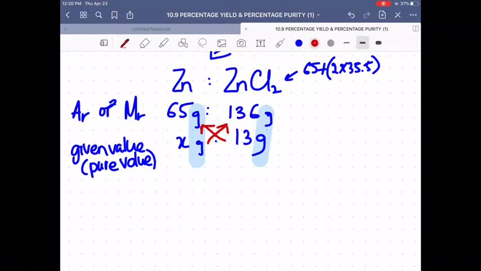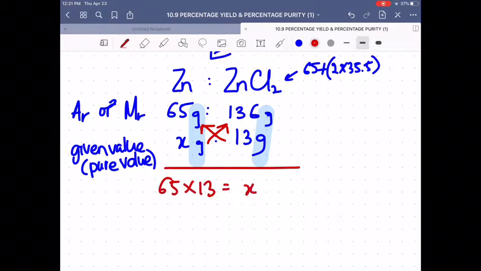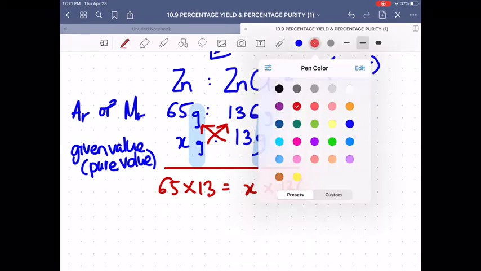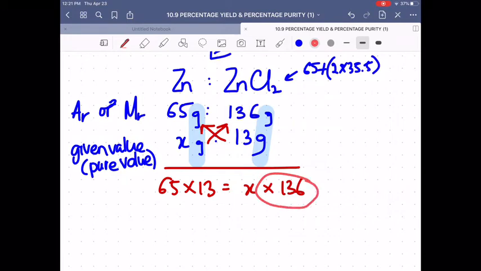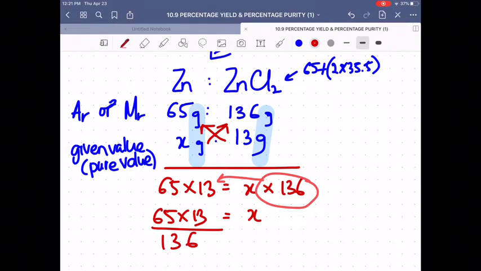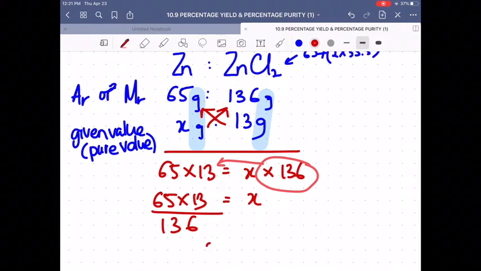So as usual, you cross multiply, you take the number across, X times 136. So for this case, our 136 from the right hand side, you move to the left hand side, then you get X is equal to 65 times 13 over 136. So after you key in your value in the calculator, you get